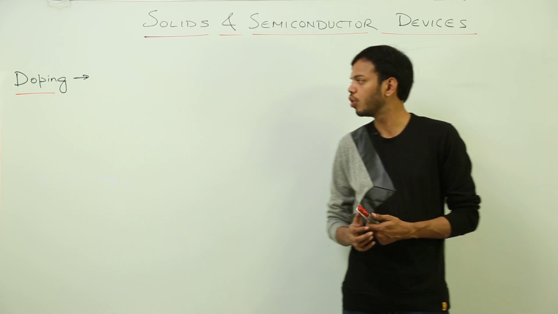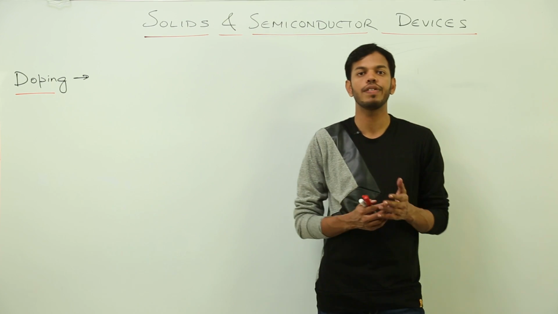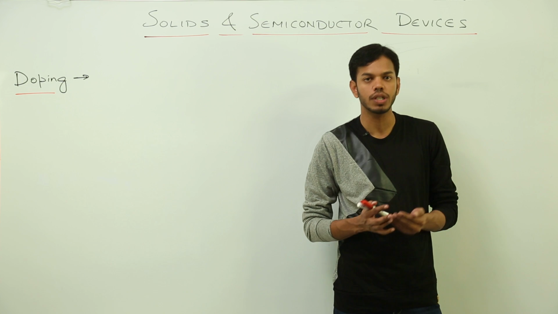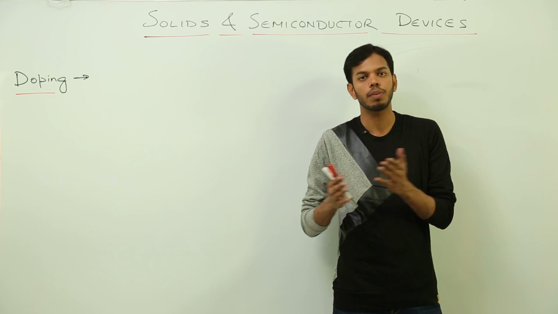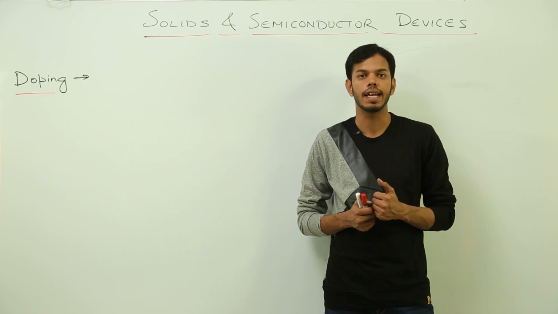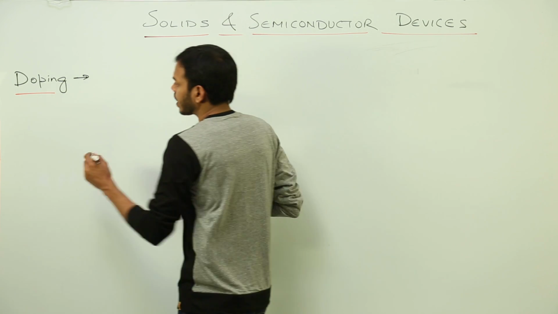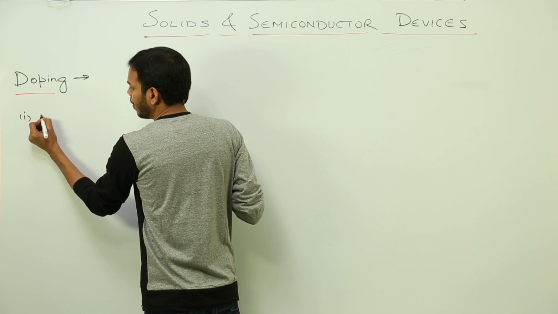Now comes the process of doping. What is doping? Doping is the process of deliberately adding impurities into pure semiconductors to convert them into extrinsic semiconductors, and in the process their electrical conductivity gets enhanced. How? Let's see. First, let's say we are adding